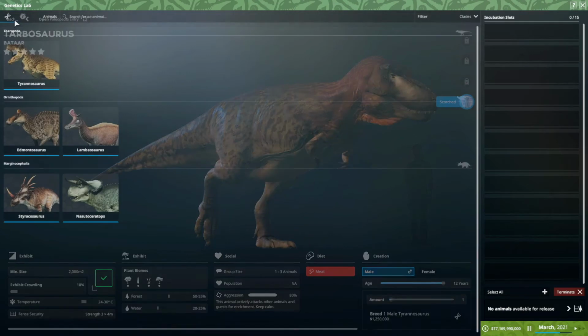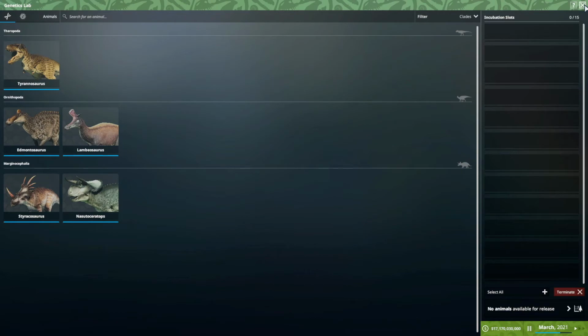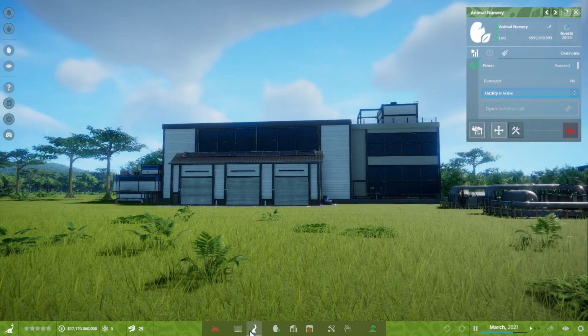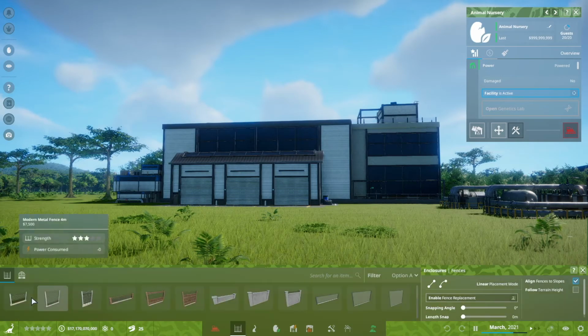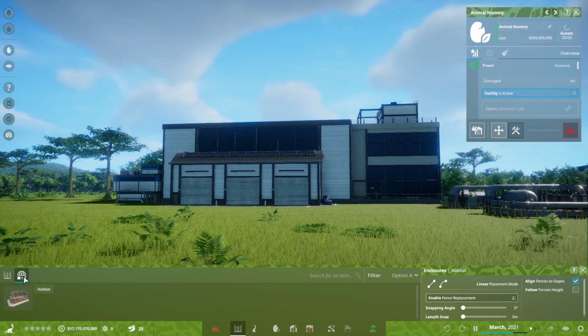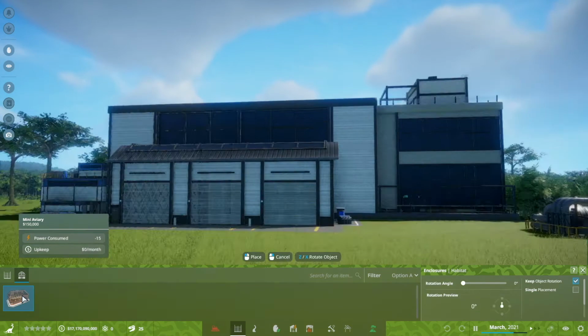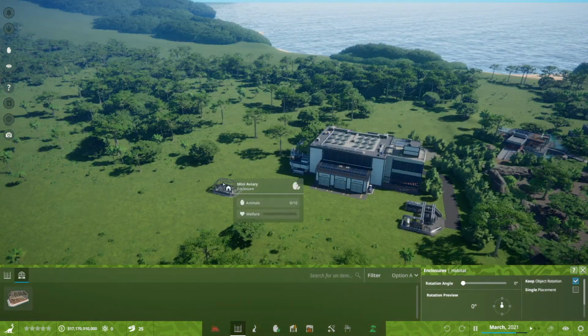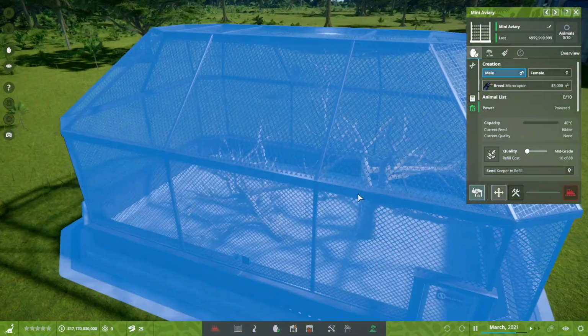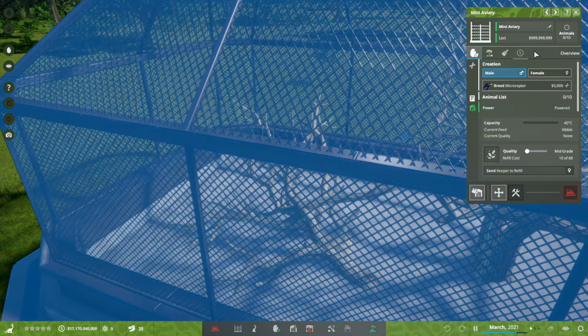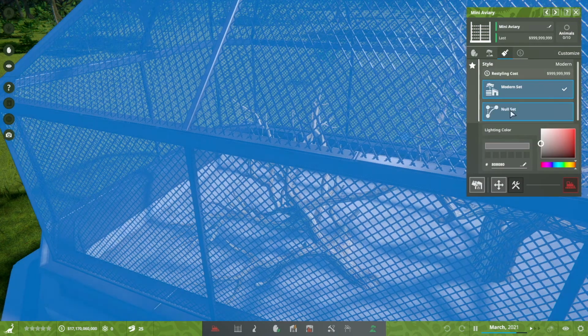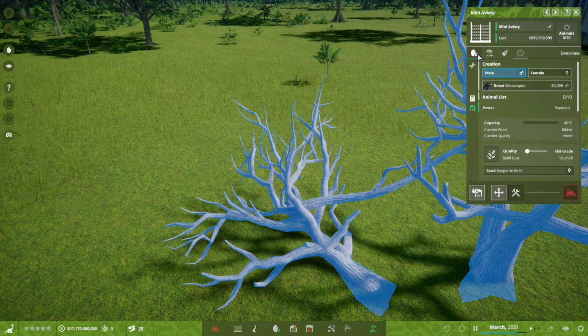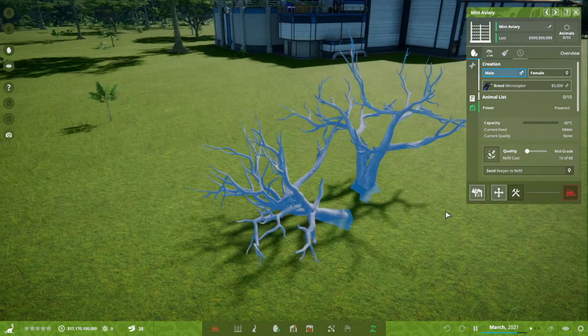And it is not kept with the other animals. You will find it in fences, under habitats, and if you choose the mini aviary, so we can talk about the last animal. We choose it, and I'm going to choose the null set so we can see better, and come back to the animal. As you can see, you can get this mini aviary down to a couple of trees,